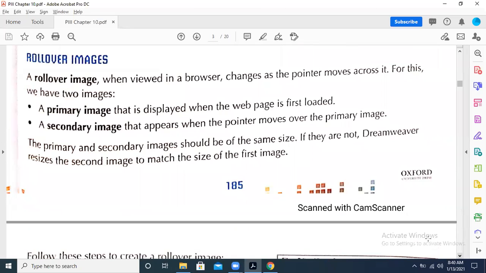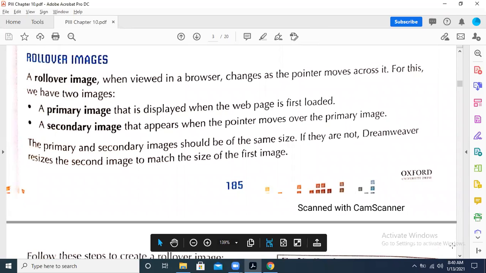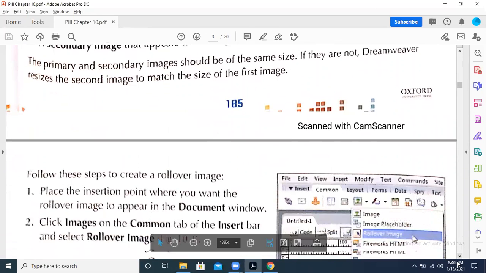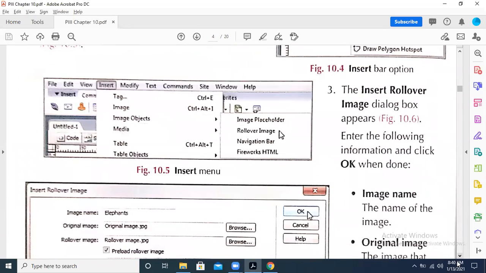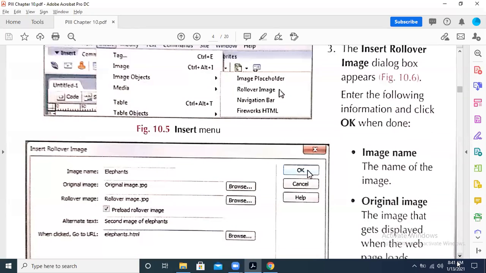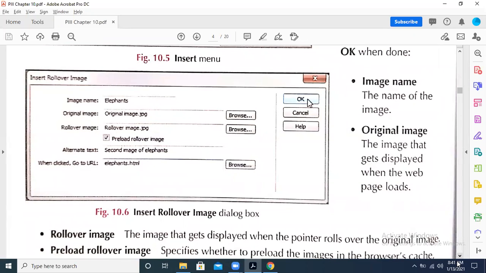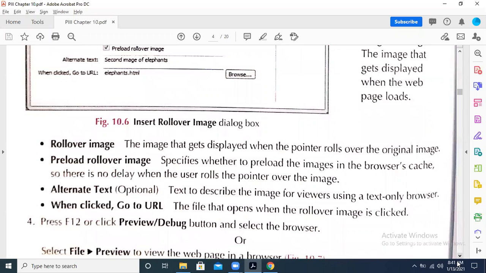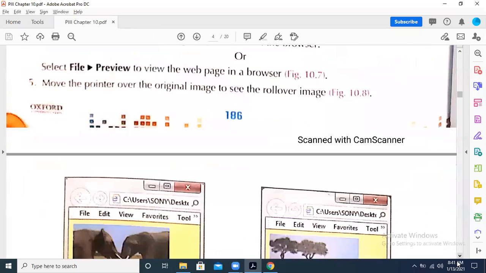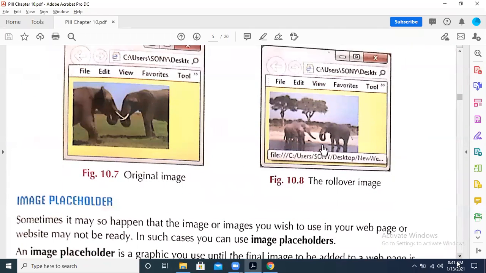Rollover image: when we insert one image, and when the mouse comes on that particular image, the image is going to be changed. That was the thing that we were going to cover, and we have already covered this. I think we don't need to recall it. I think all this is clear, how we are going to include two images, and one file that I made yesterday, and I hope you have done some practice for it and you don't face any problem in it.